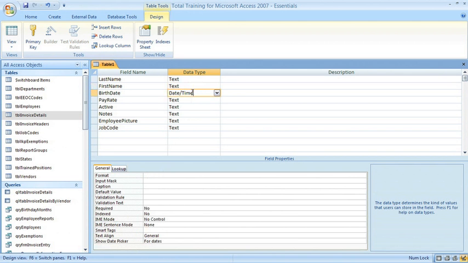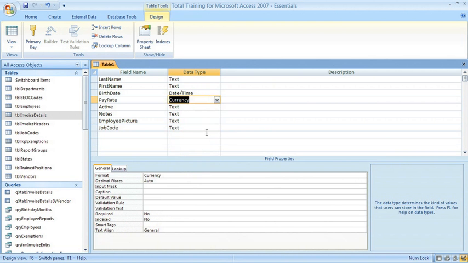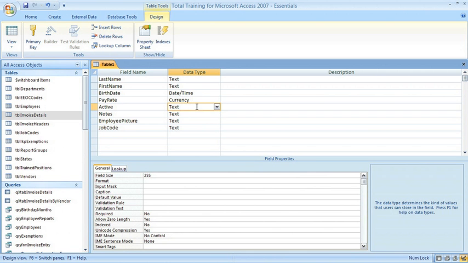mask and caption. For pay rate, currency sounds like a good choice because we're going to actually store pay rates in here. And notice, even with this option, the field property shows different options. For the active, I'm going to use a Boolean. This active field will designate whether this particular employee is active or not. And since we're going to store 0 for false and -1 for true, this looks like a good option for